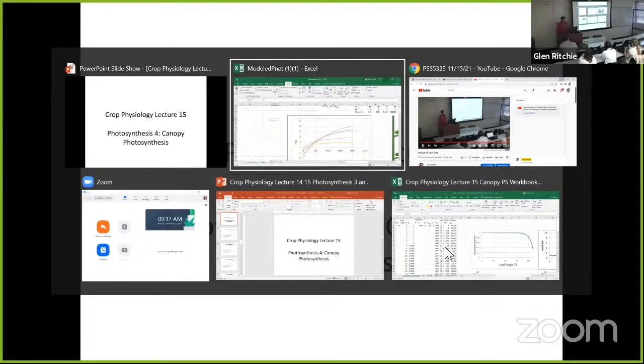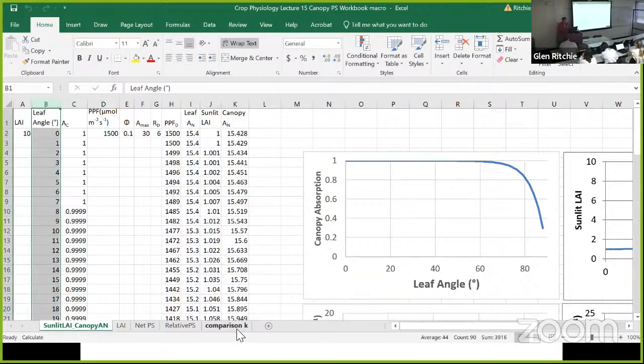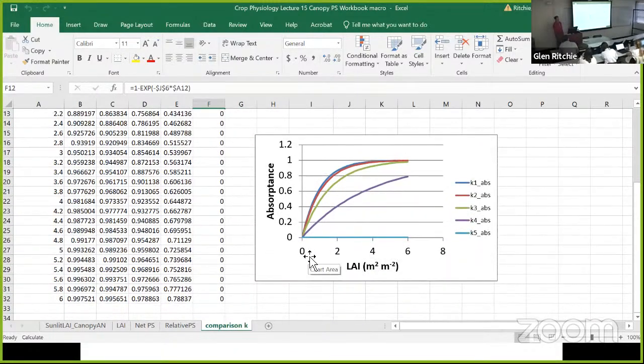So we're actually going to step into another interesting model today. As we mentioned on Friday and also a couple of weeks ago, you can measure the amount of sunlight that a plant canopy is going to absorb based off of the leaf angle. Remember, if you've got completely flat leaves, they tend to absorb more sunlight. As they get more upright, they absorb less sunlight. And so if you graph leaf angle versus photosynthesis, you see something like this.